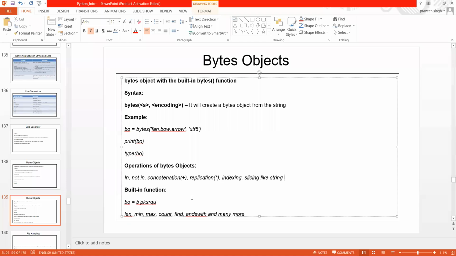Okay, so let's say we have some built-in functions as well, like finding the length of the string, maybe min, max, count, find, endswith, and many more. These are all operations that are there. So let me take one example here and perform one of the built-in function operations.